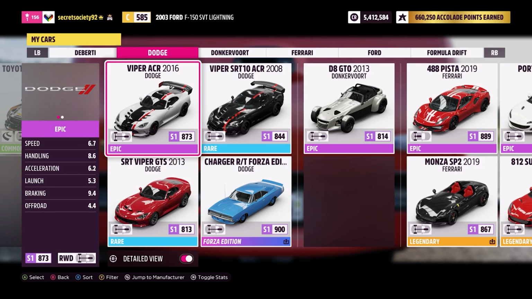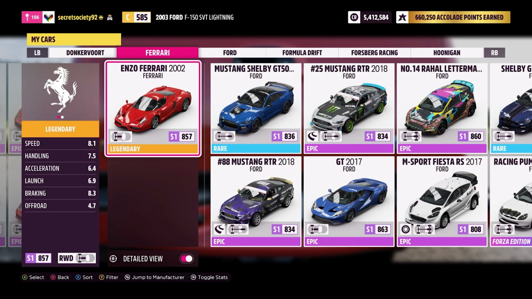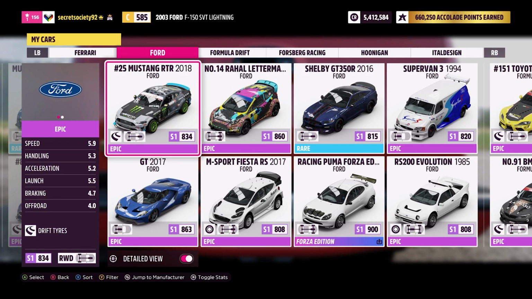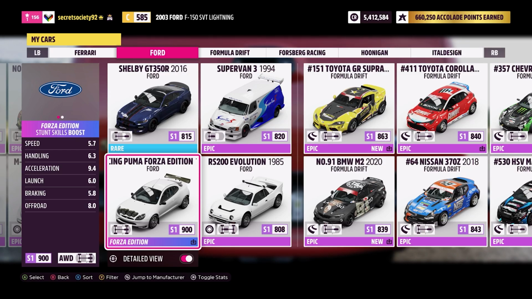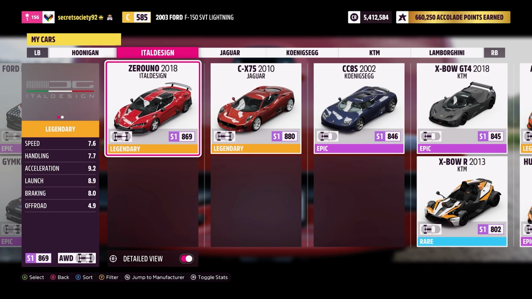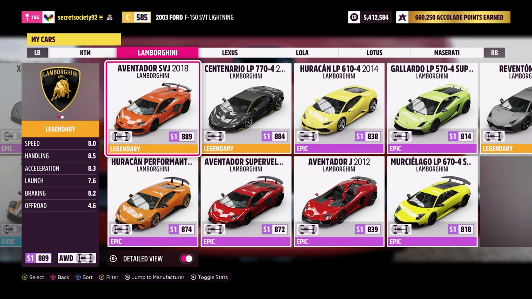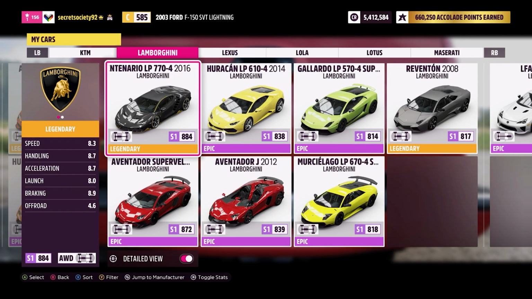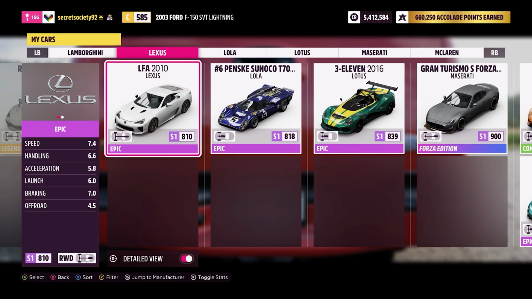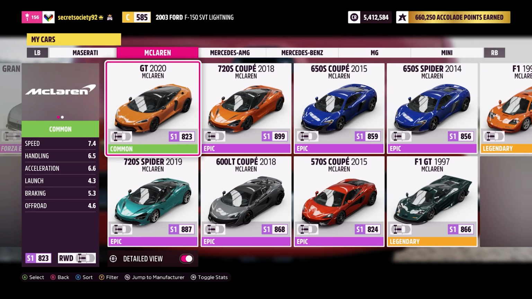Then we've got the Dodge Vipers, the Donkervoort, brace of Ferraris, which is kind of to be expected, to be honest. Then a bunch of Fords, mostly the kind of Hoonigan stuff, and the upgraded Forza editions. Then we've got all the drift cars, more Hoonigans. Got the Italdesign 01, the Jaguar CX75, Koenigsegg, both the KTMs, bunch of Lamborghinis, including the S3J, which is a car in the current festival playlist, I think, although obviously it was in one of the previous ones. Then we've got the fabulous Lexus LFA, Lola, then the Lotus, then the Maserati Forza edition, then a bunch of McLarens,